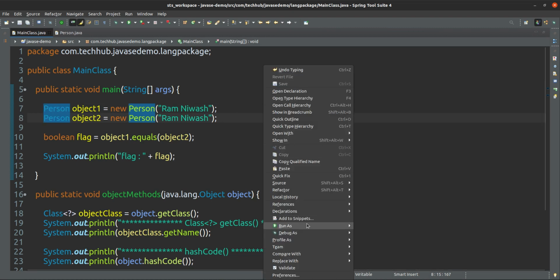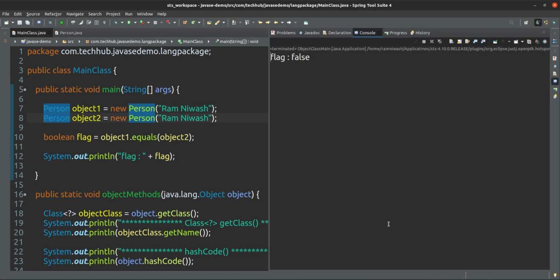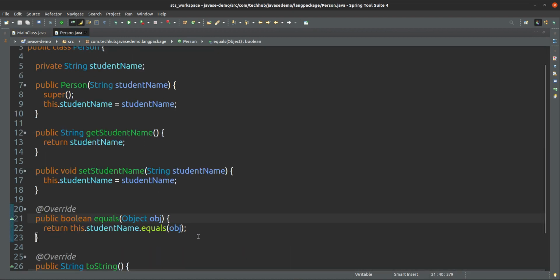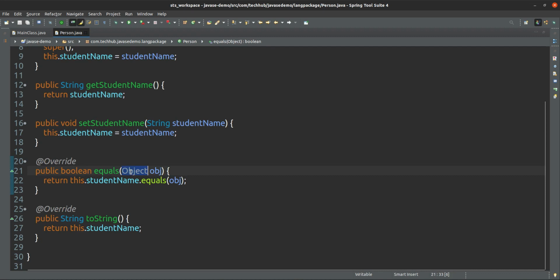No, it will not be like that. So false only. Okay, sorry. Here also you have to give student only, oh okay, person only. Yes, person only. You cannot give that one.